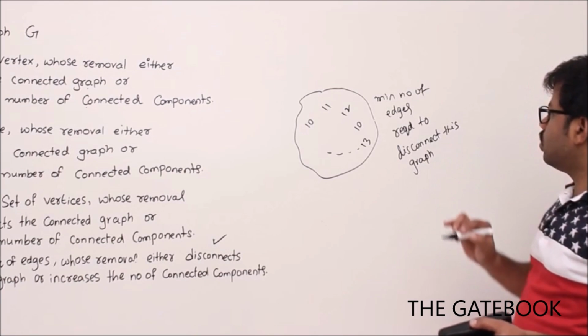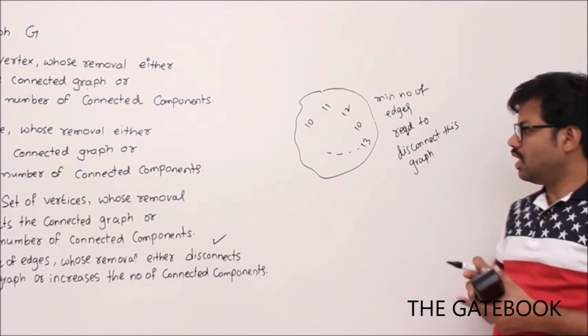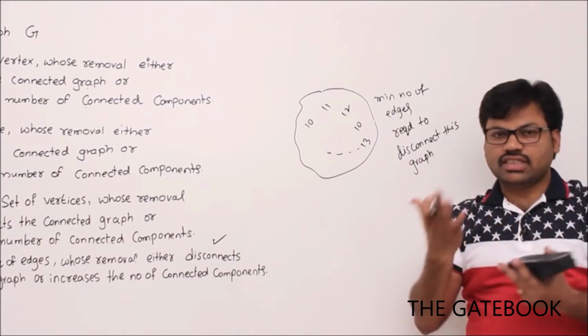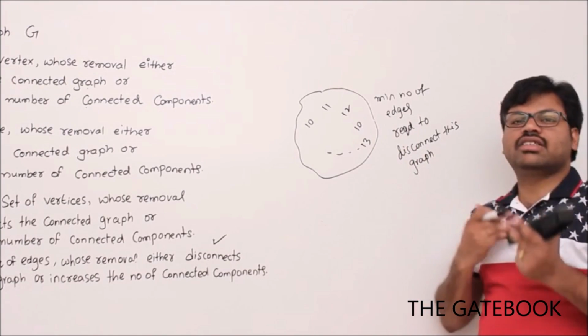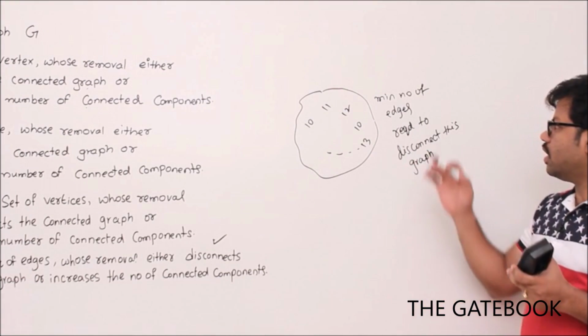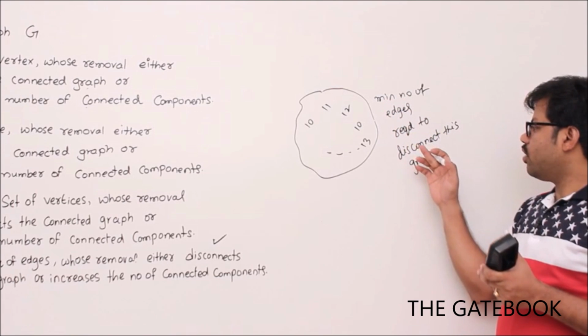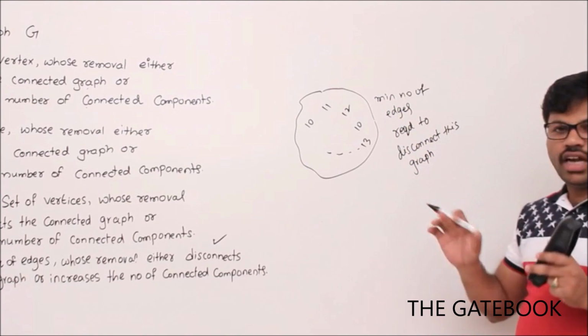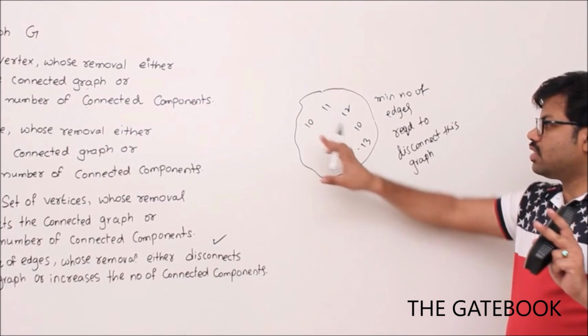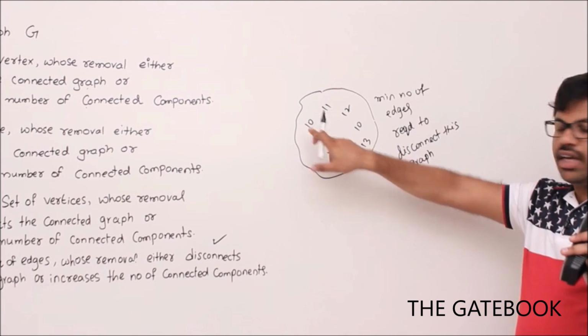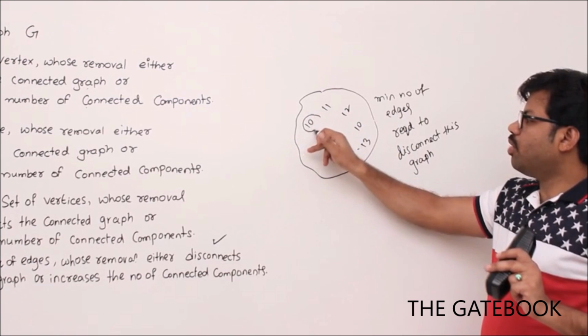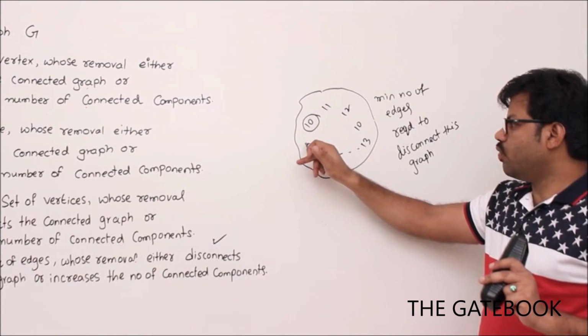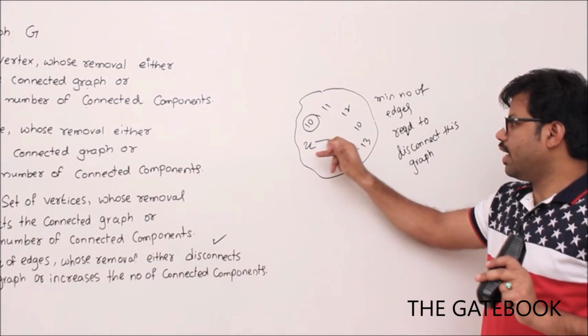Okay, so this is what I am going to discuss. Since I don't know the structure of the graph, still I can get some points about this graph. The minimum number of edges required to disconnect this graph, I don't know the exact answer, but it is not more than 10. Okay, why? Because I will go to the minimum degree vertex. For example, that is vertex U, its degree is 10, right?